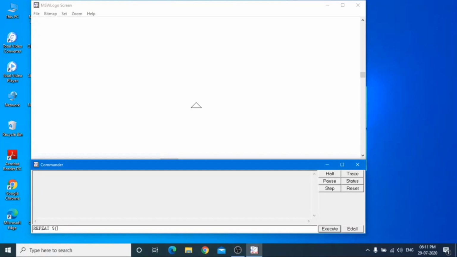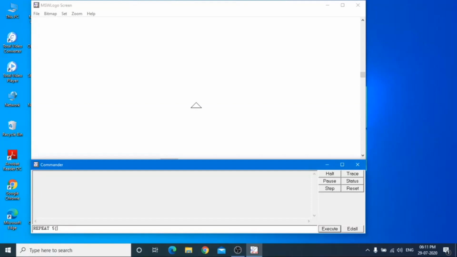See, this is the hexagon. I have made the bigger one. You can take 100 also, 50 also. Then you will get a smaller one. Now clear the screen, CS, and clear the text, CT.